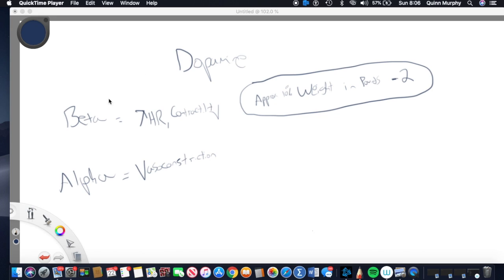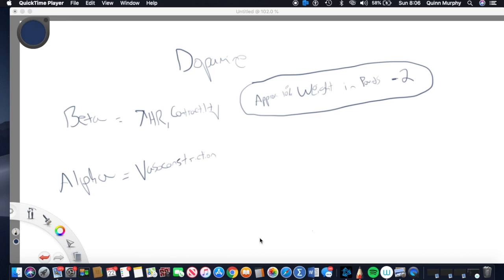Now, always with the beta dose, like if it's CHF, we're going to start at the beta dose and we're going to slowly titrate it up to effect. We may get into vasoconstriction, which is going to help increase their blood pressure as well. But for anaphylaxis, neurogenic shock, anything like that, if it's not heart related, you're going to start at the alpha